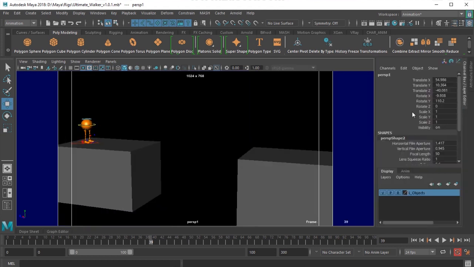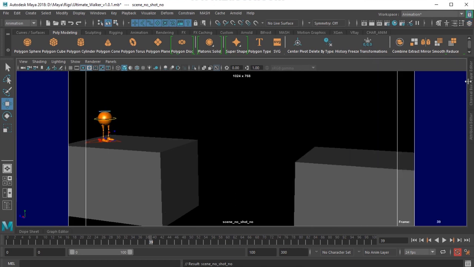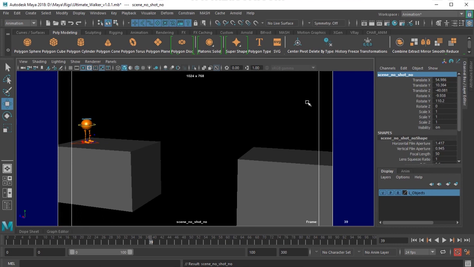And this is the camera, which I can name by any shot number and scene number, if you have any guide from your studio. The size is 1024 by 768. So whatever I do in favor of the camera, which we call staging, is one of the 12 animation principles.